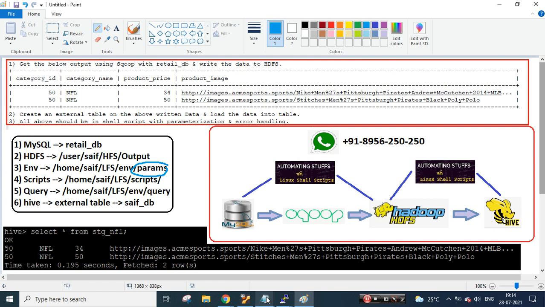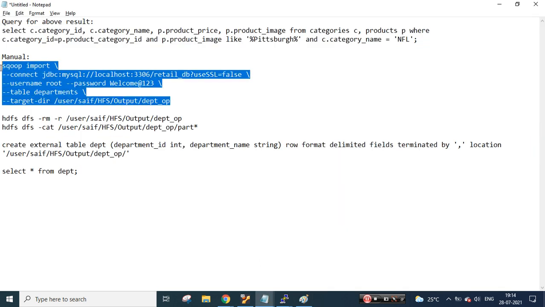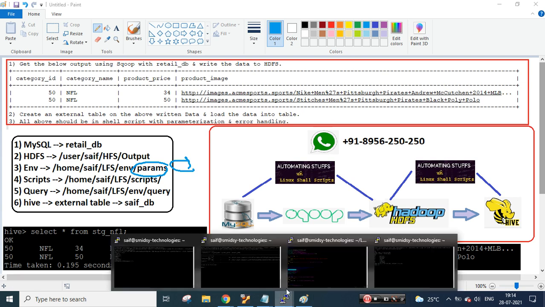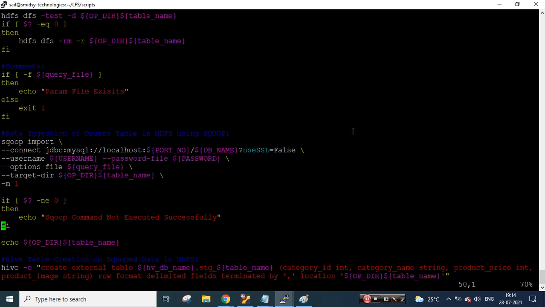If you remember, a little while earlier, I executed this Sqoop command. If you see, all the things are hard-coded. But here, I have written everything in this param file, and I am trying to call that over here. So that's where, with a $1 argument, those parameters would be called. And once I go a little bottom, I have the same Sqoop command where everything is parameterized. Can you see? Everything is parameterized over here.